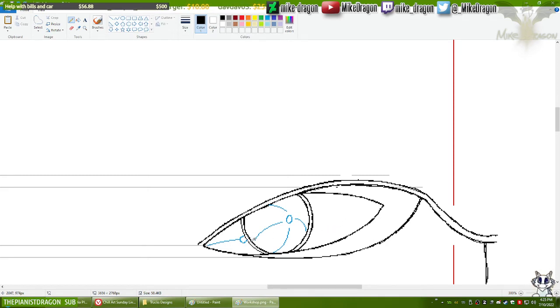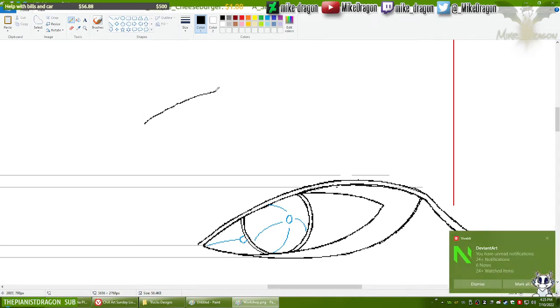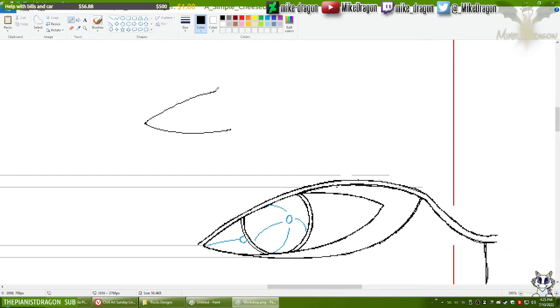Hold on, if we are to look at this headlight straightforward, not kind of sideways like it is here, what exactly is this part going to look like? Let me make a little mock-up of what that should be like.